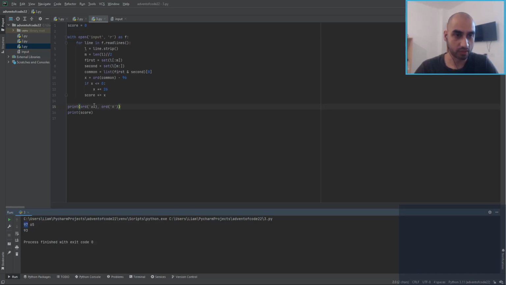97 is small a, so if we subtract 96, we'll get 1, and it'll be correct for B, C, D, and so on. Okay, so that's fine for lowercase. If it's uppercase, it would be 65 minus 96, so we'd end up negative. And if that happens, we adjust it. Wait, 26 isn't the right number. Okay, what is it? All right,